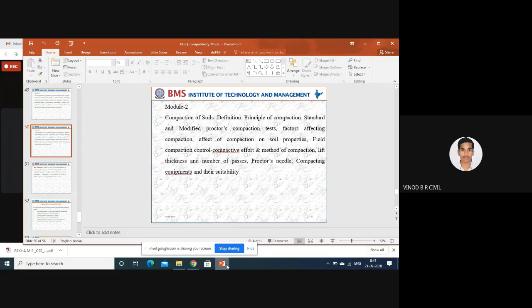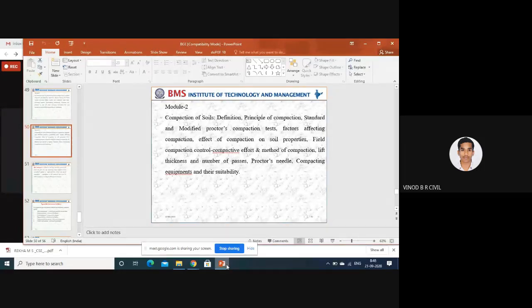As we already discussed in module number 2, there are two different topics. First is soil structure and clay mineralogy, and second is compaction of soil. Here also only 20% you can expect as theory in module number 2. The remaining 80% is completely problems. These problems are interlinked with the first module, that is the derivations. What we saw, 9 derivations, it is completely reflected in or depends on those 9 derivations.